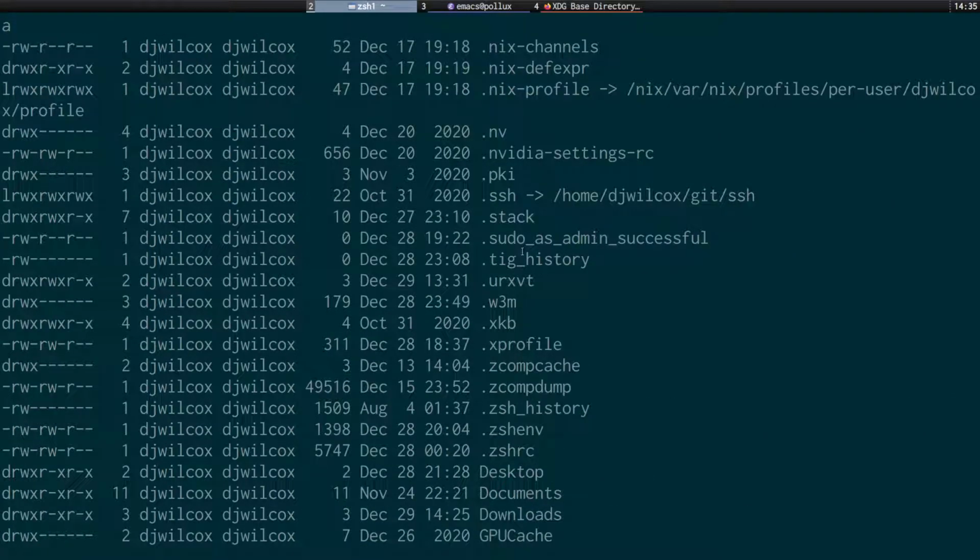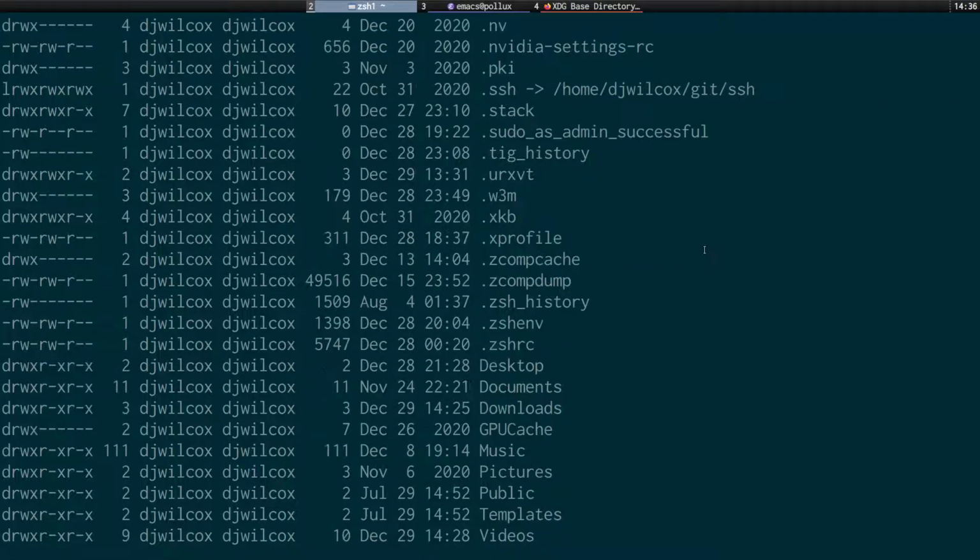Also on Ubuntu, you'll have a file called sudo_as_admin_successful, which you can't actually remove. It's created only on Ubuntu, and it's to do with the bash shell. Even if you switch to ZSH and remove this file, it will always come back. So that's one you can't get rid of. Again, there are other older programs like W3M